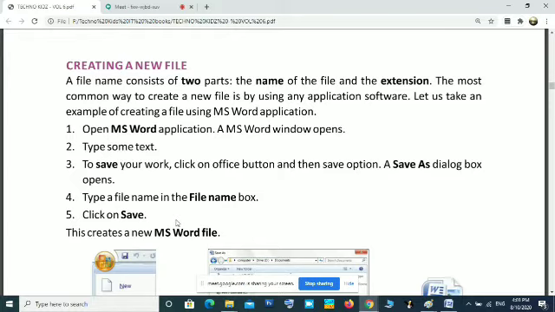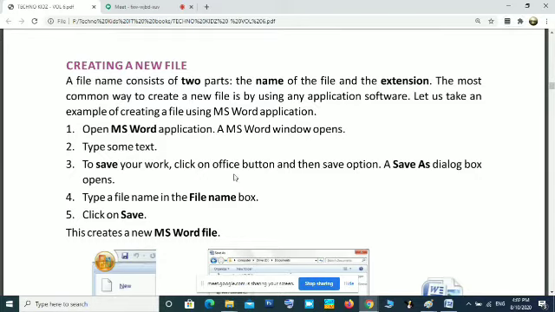Okay, when we are saving a file, that file name will have an extension also. Using that extension, the computer will know in which application you created that file. Let us take an example of creating a file using the MS Word application. Open MS Word. A MS Word window opens. Type some text.